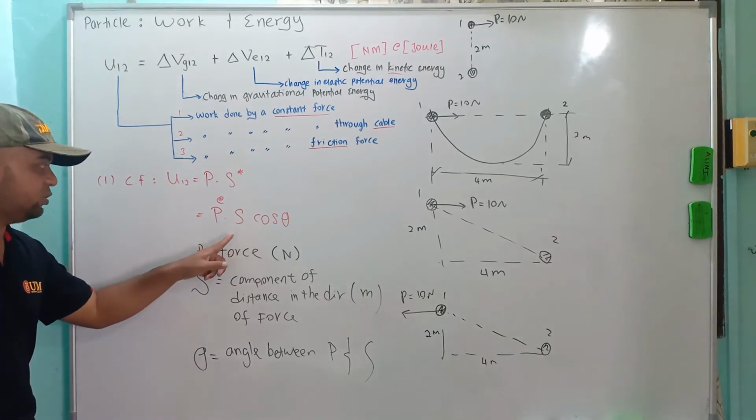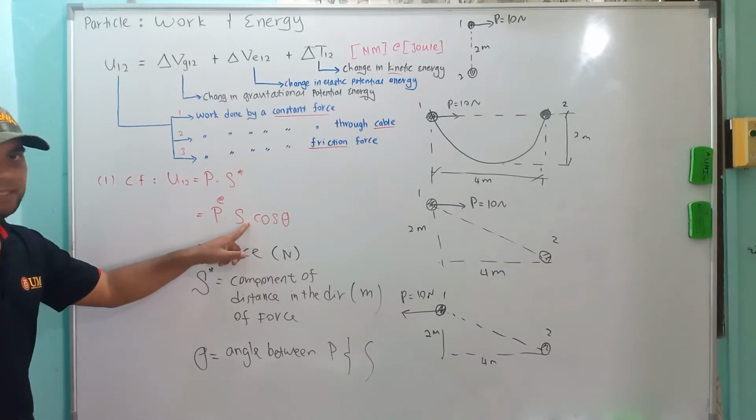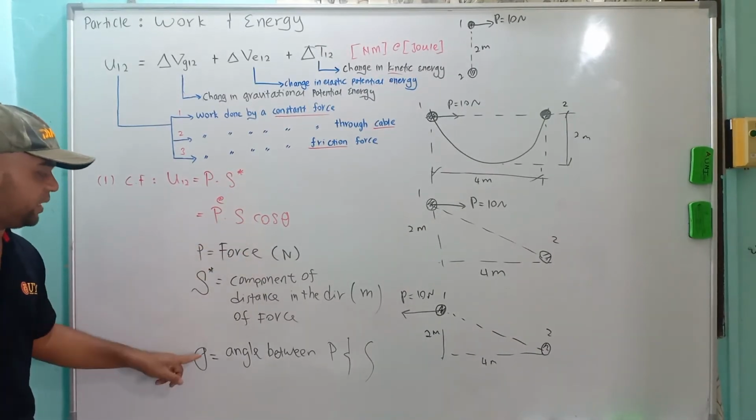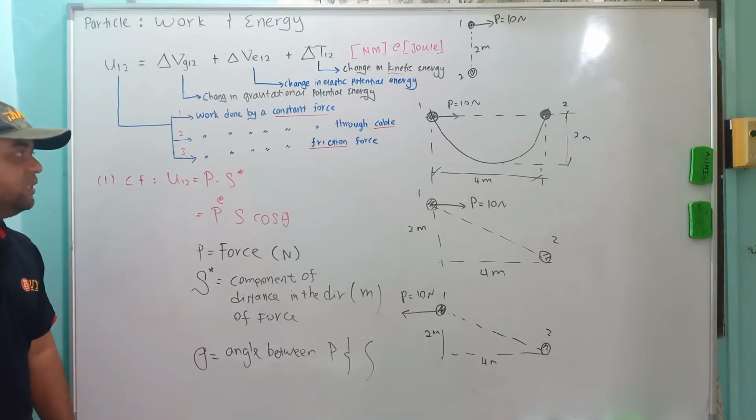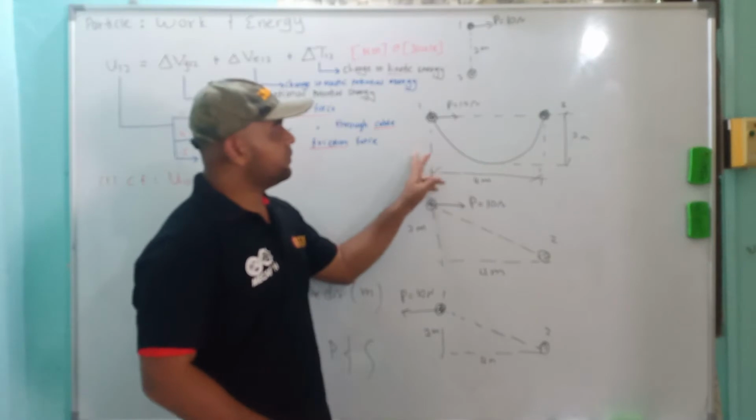If you use S star, it is the component of force. If you use S, it is the distance directly from P to S. Okay, there's a difference. Let's look at this one by one. The first one here, we have